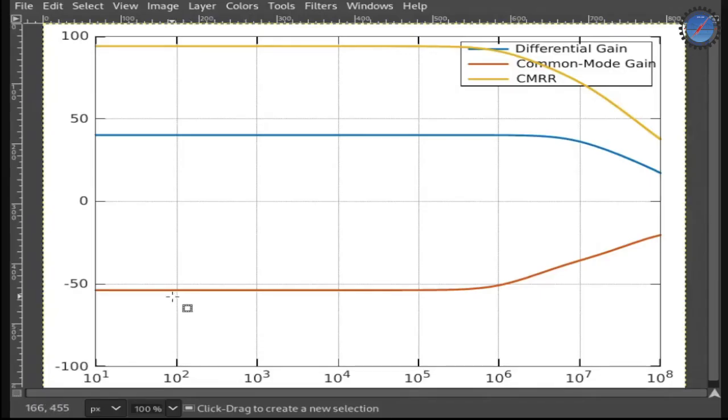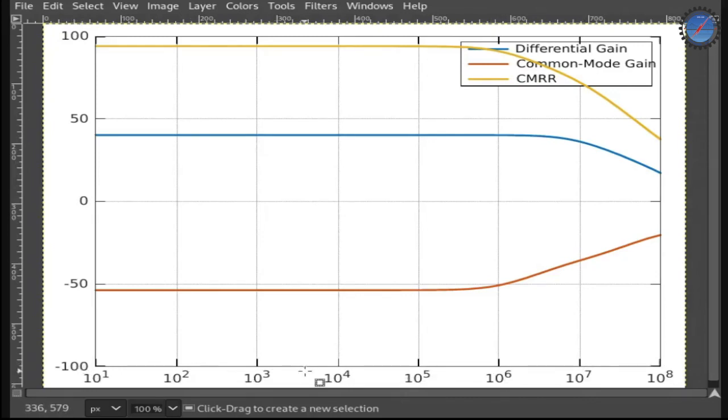Here I had exported the trace, as you saw in my previous video. This CSV file, I imported into Excel, extracted the values, and then using Octave, I have done the plot here. This blue line which you are seeing is the response for the differential gain, with the frequencies on the x-axis.